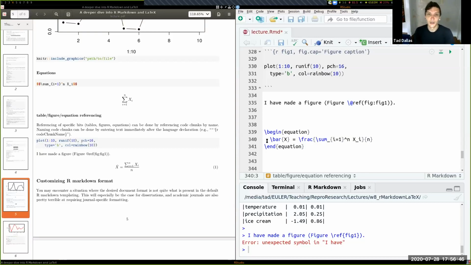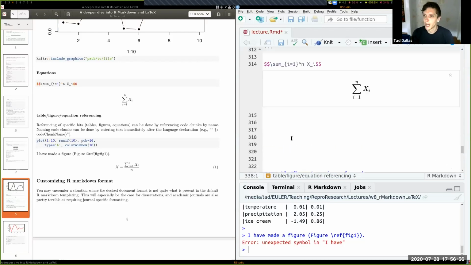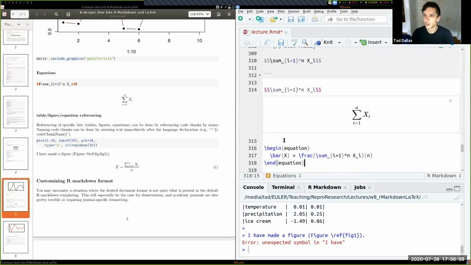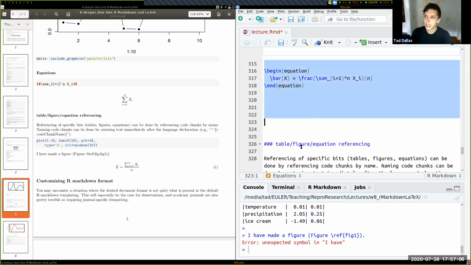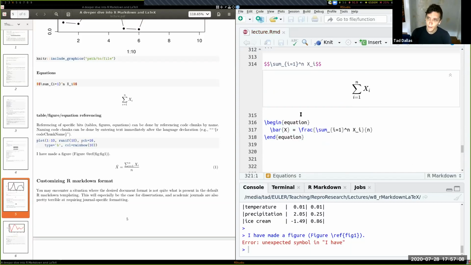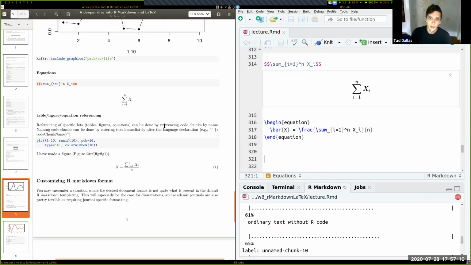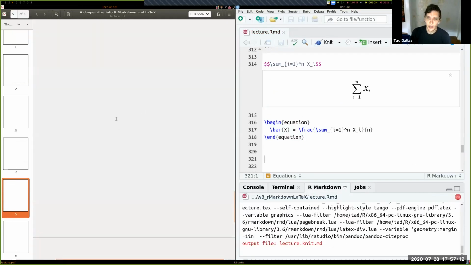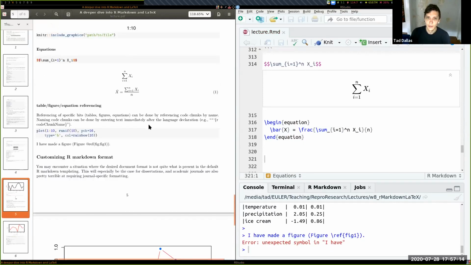People watching on YouTube, correct me, because I'm sure some of you know how to do that. One thing I would also mention is this is LaTeX code for the equation that you can just insert as begin equation. So you actually don't need to enter math mode using the $. As long as you're compiling to PDF, you can hand it things like this. So I'll just keep that in the notes and recompile the notes. There.